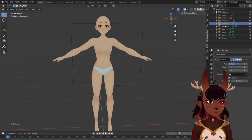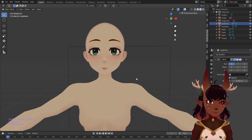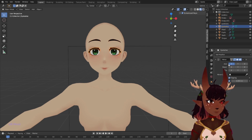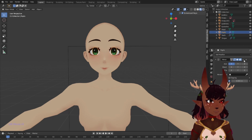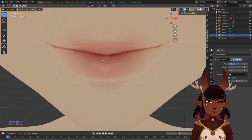What else have we got? Eyebrows. Got that mirror on, let's apply it. Eyelashes, mirror on again, let's apply that. Head, mirror on, apply that. Pupils, mirror, apply. Teeth. Oh, actually,